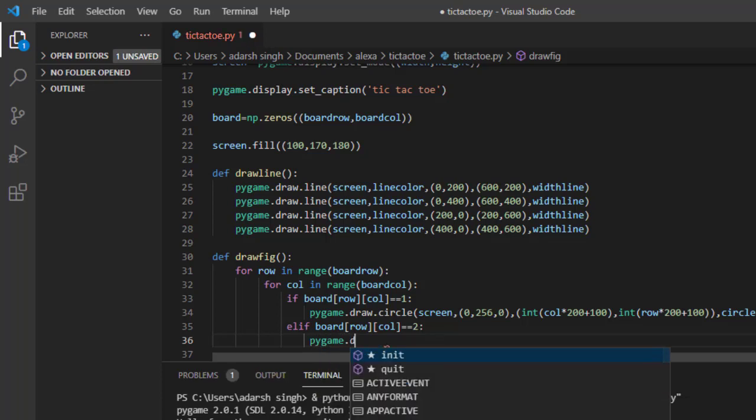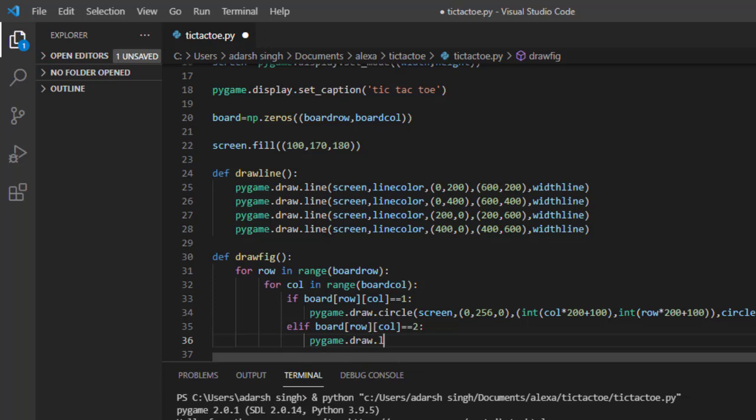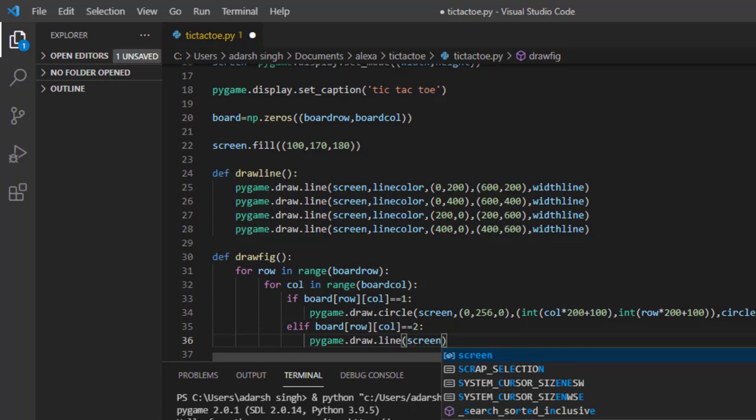For that I'm printing the cross dot draw dot line, first cross line on our screen,